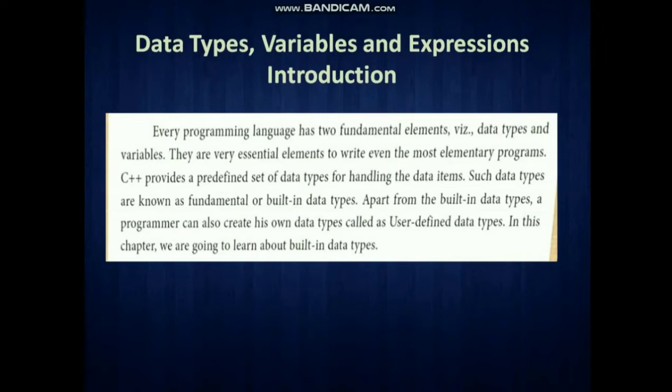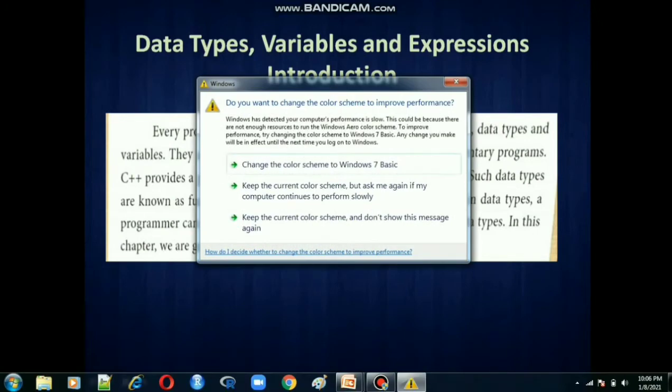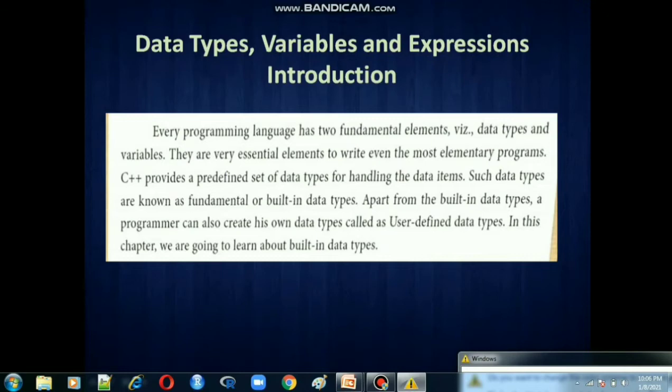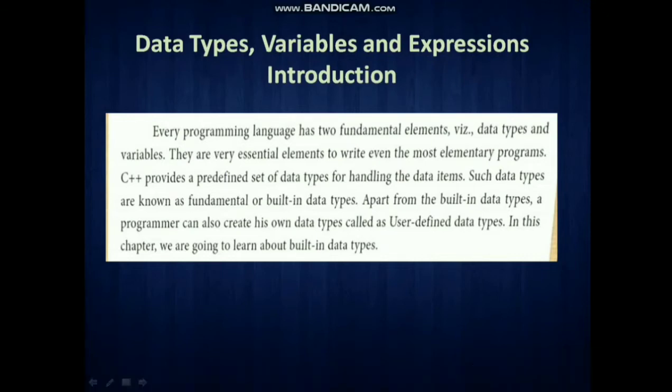We have these three fundamental elements in every programming language, not only C++ but also C, Java, and C#. These elements are used in other languages also. We use them to write programs and to execute a program.